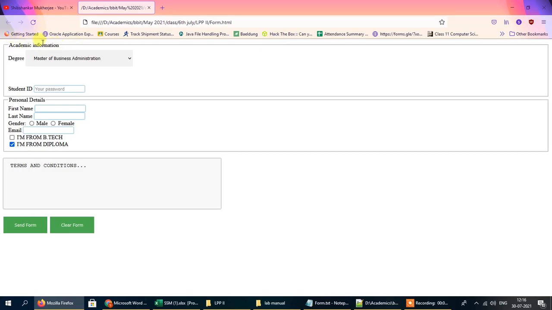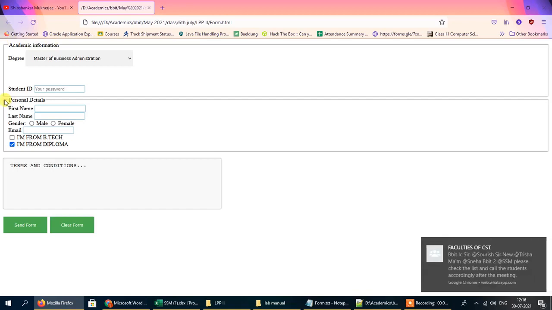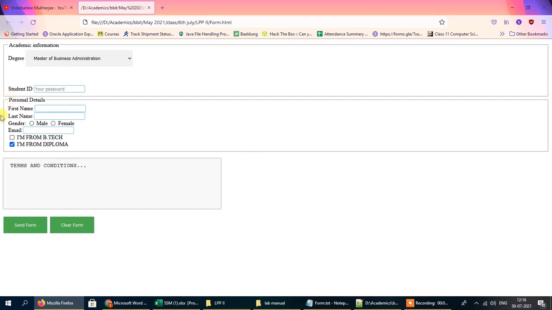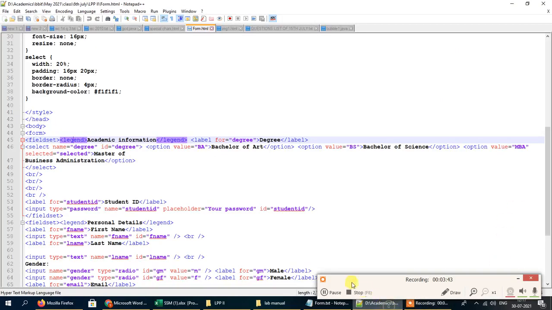This box separates the academic information from the personal details section, and they are separated from each other by using the respective boxes. To create a rectangular box like this, we need to use the field set command. Inside the field set command we have something called legend. So field set and legend.